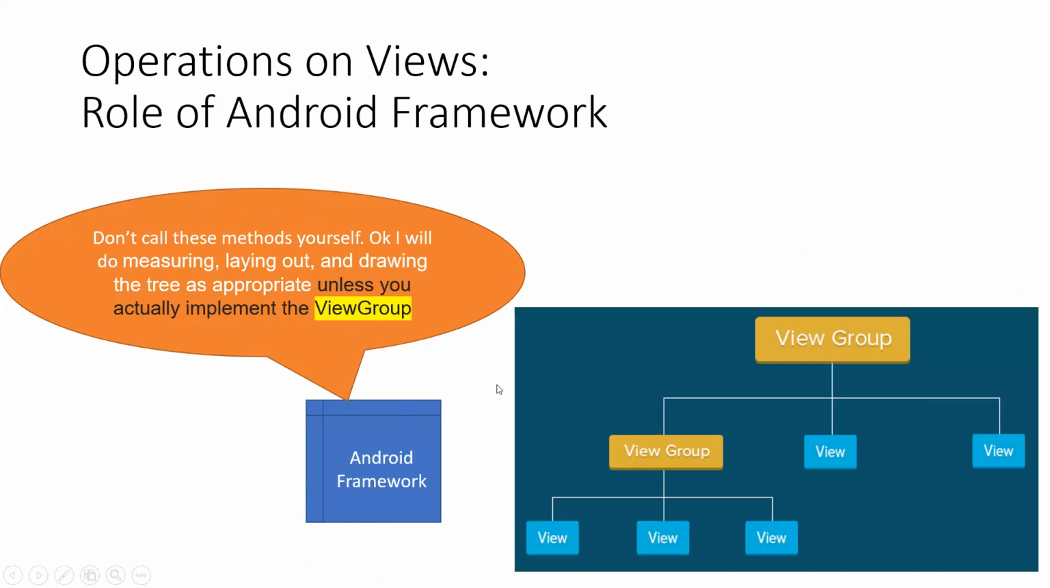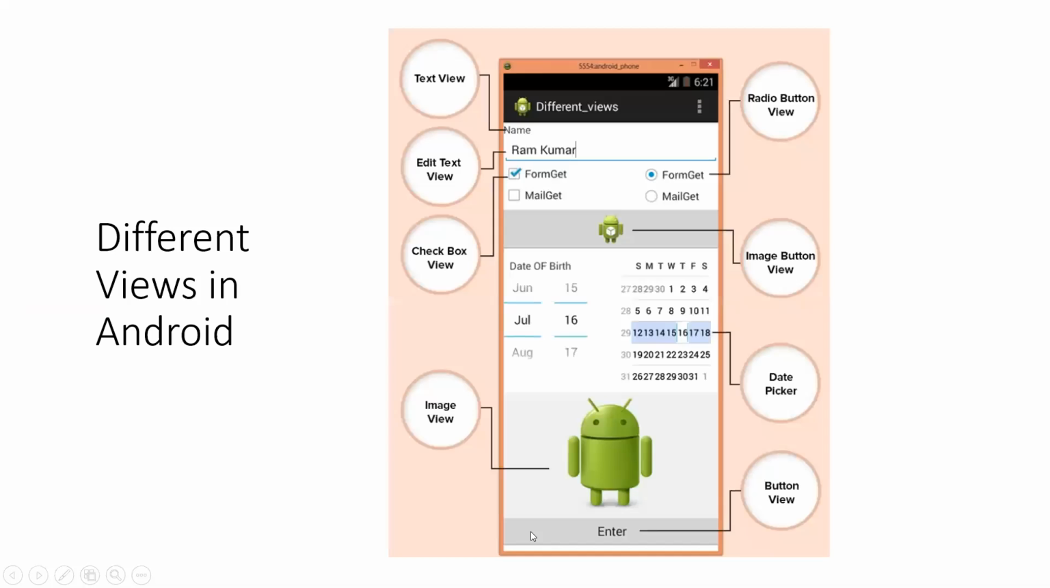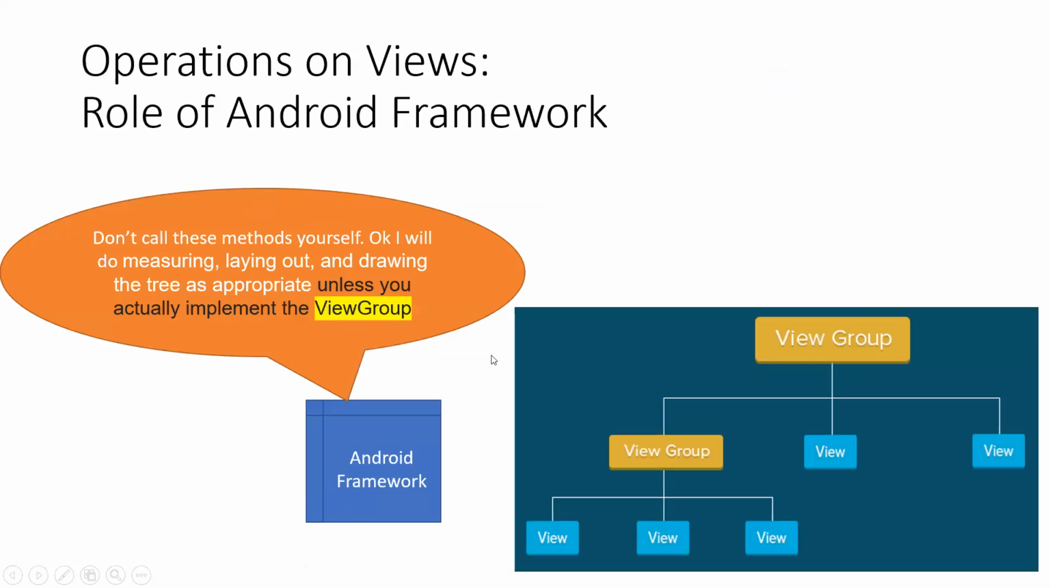So let's take an example of this. Here also you can say that every element is represented in some fashion as a tree: a parent control, and then the child control. Let's say in this case radio group is a parent, and radio buttons are the children. So the entire screen can be labeled as some kind of a tree. Drawing the tree as appropriate means whenever you do some action with the view, let's say you change the dimension of a view, or you set the background color of a view,